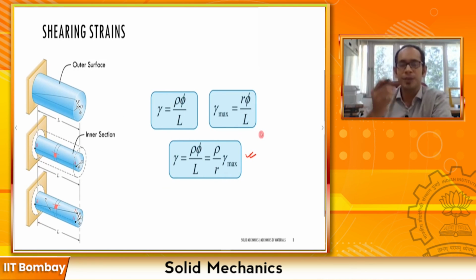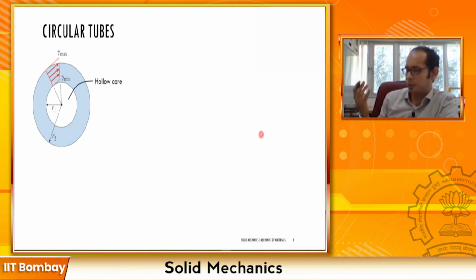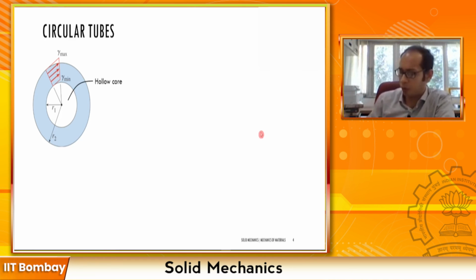Now, as I was saying, this is for a solid circular shaft. In contrast, if you have a hollow circular shaft, you can easily think about how the expressions are going to change. So for this one, what we are going to have,